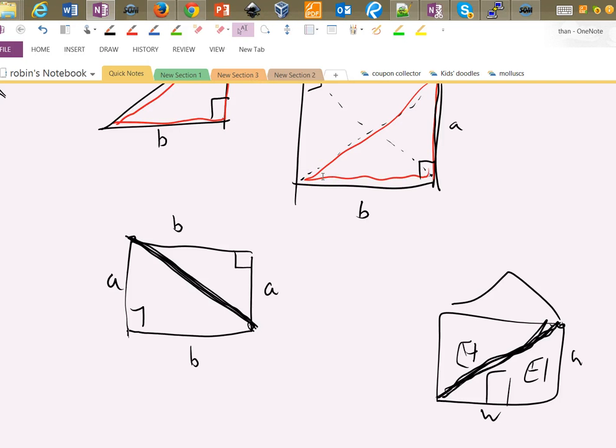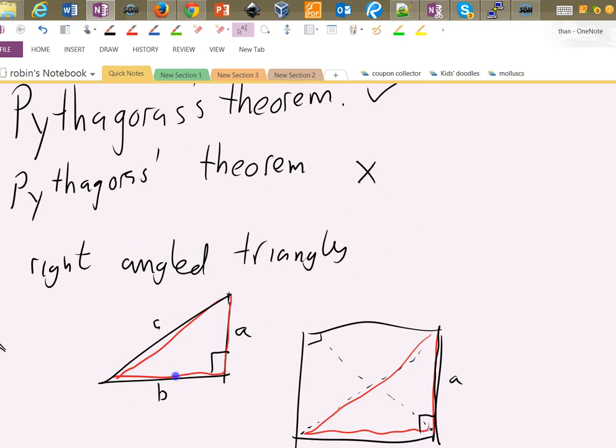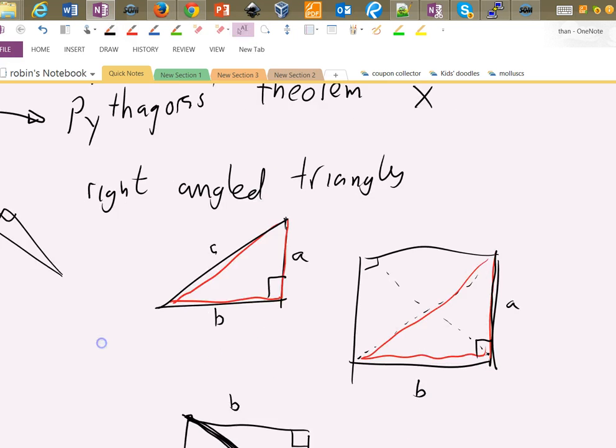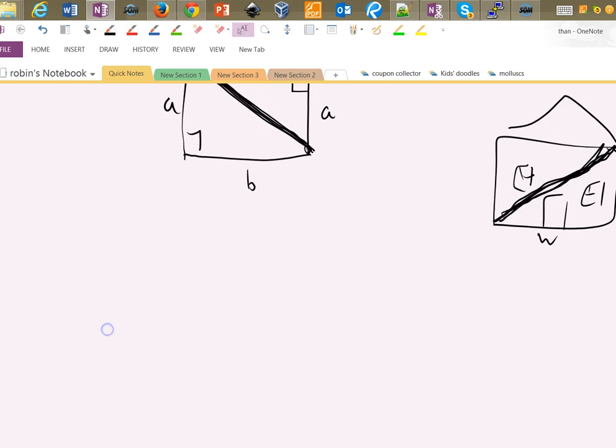Right, we've been talking about Pythagoras' theorem. Pythagoras' theorem, yes, like this. Pythagoras' theorem. We're not American. Okay, so